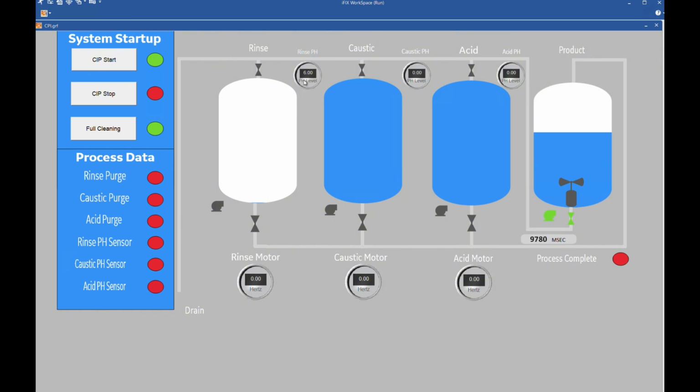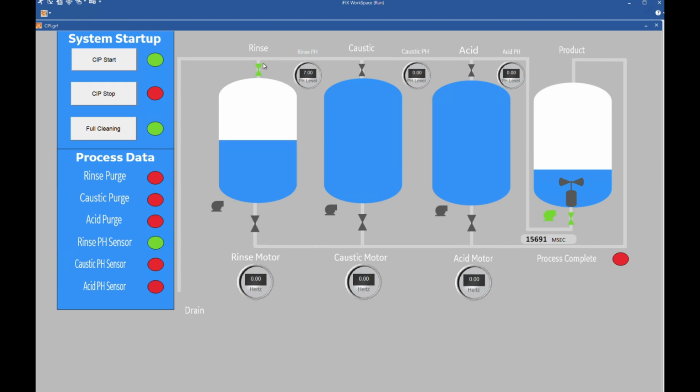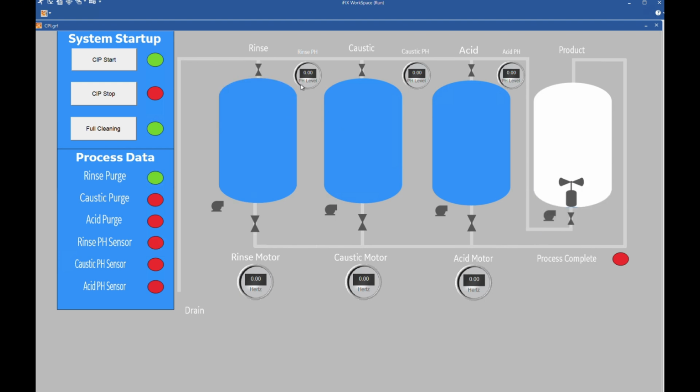And once it reads 7 for the rinse pH level, it'll open the top valve for the rinse tank, allowing the chemicals to return to its tank. And to end the whole CIP cycle, it'll end in a rinse purge again to get any remaining chemicals out